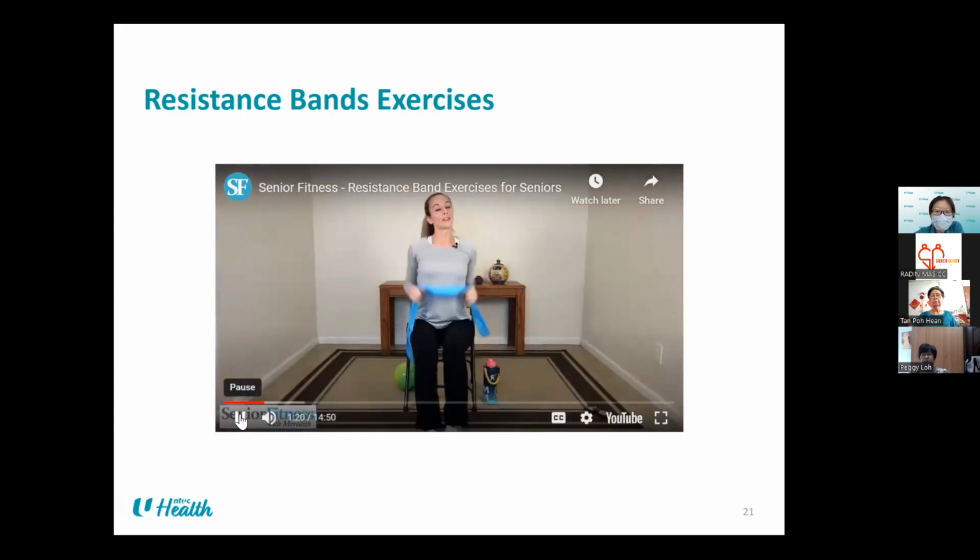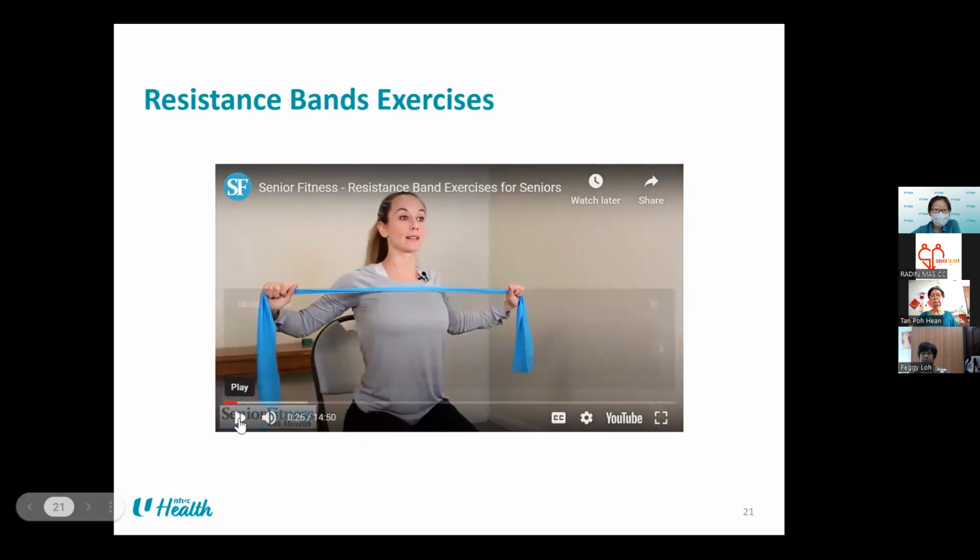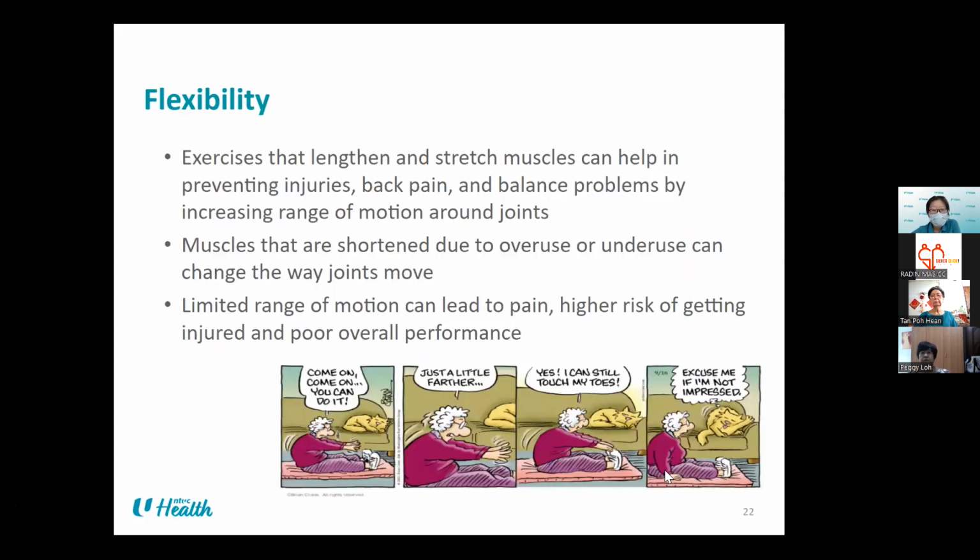Gently release, just shake those shoulders out for a second. Make sure they're released and relaxed down. We're gonna do something, you're working against that. Okay. So that's an example of a muscular fitness exercise that you can incorporate if you have resistance